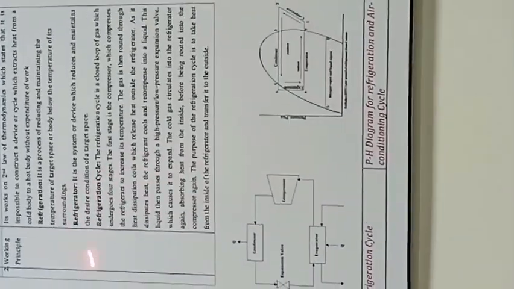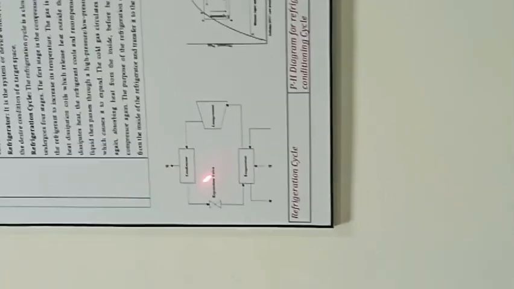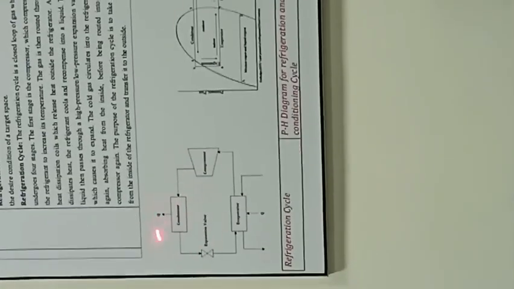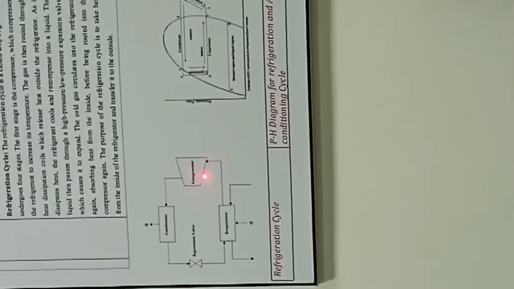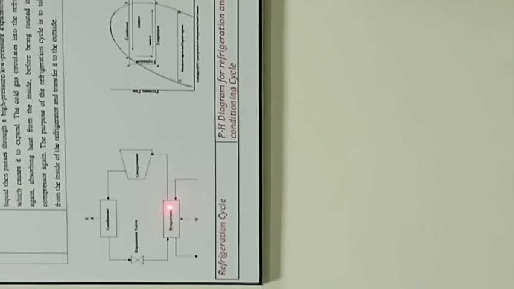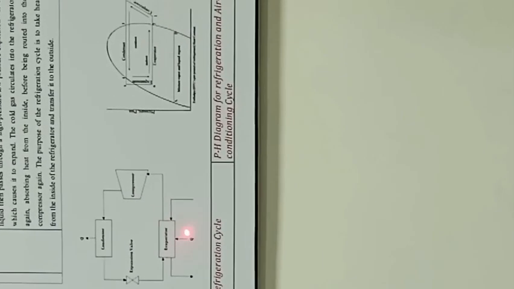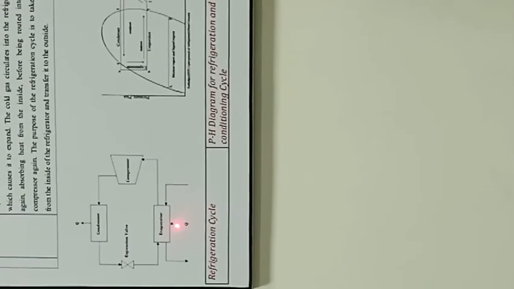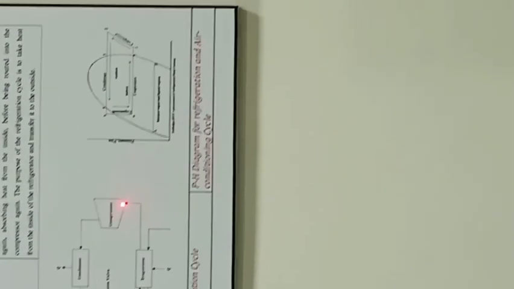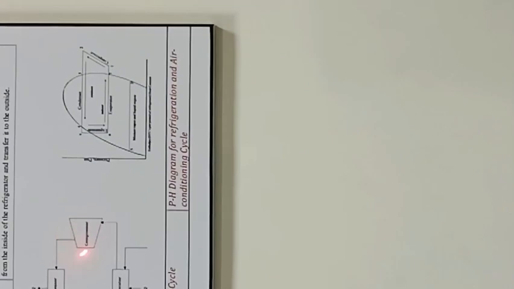Okay. So what is the refrigeration cycle? Here you can see this is your condenser section, this is your compressor section, and basically this is your evaporator section. The refrigerant will absorb heat from the evaporator environment and it will provide the cooling effect. So here we can see the heat is absorbed by the refrigerant within the evaporator. So the outlet of the evaporator will be low pressure, high temperature vapor refrigerant, and it will be the inlet of the compressor.